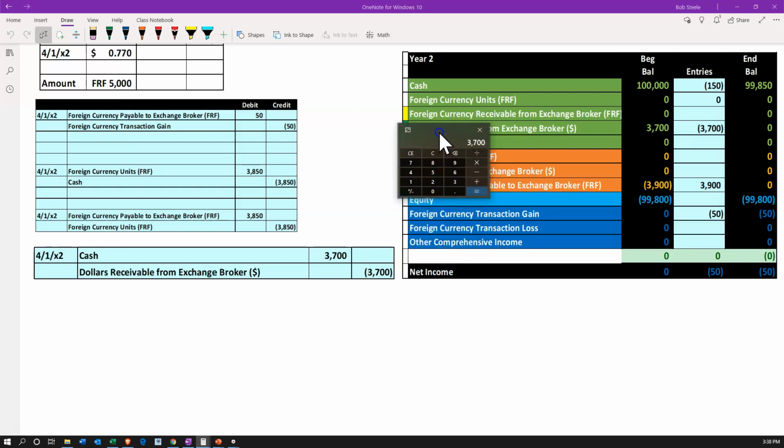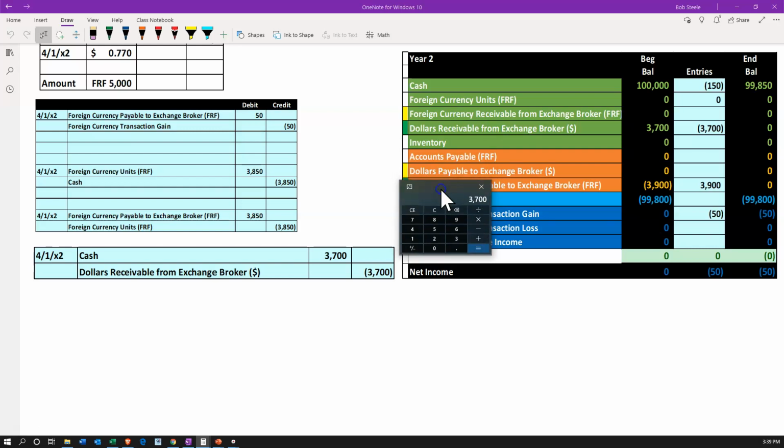So when would you record one or the other? Well, if you're doing the yellow accounts up here, then you're saying that you're going to get paid the receivable in foreign currency in the future. If you're going to get a receivable in something other than cash, you're hoping that the value of it will go up in relation to cash. So you're speculating that the foreign currency, the francs in this case, are going to get stronger. If you think the francs are going to get stronger, then you want to be paid in francs in the end of this thing, and then you'll set up that you're going to pay in cash, right? Because the francs are going to get stronger relative to the cash, the dollars,